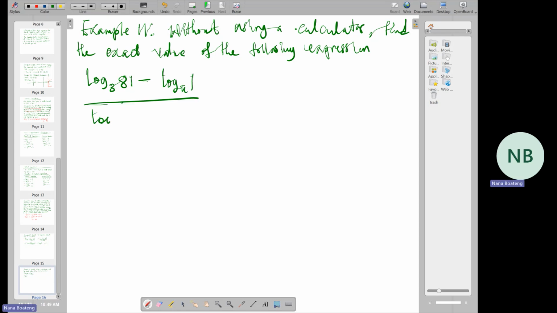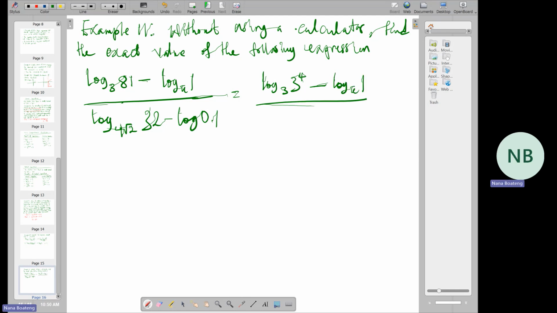divided by log to the base of 4 root 2 of 2 minus log of 0.1. All right, so log to the base 3 of 81 is the same as 3 power 4, and minus log to the base pi of 1 divided by